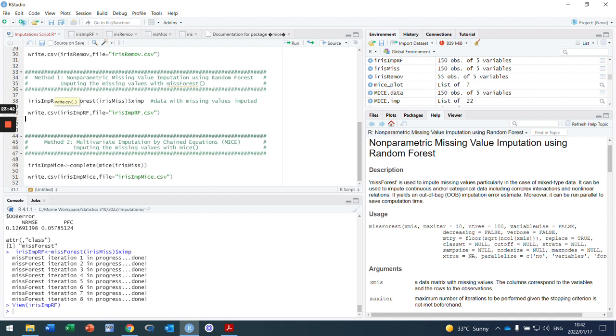Again, since we've now imputed the missing values, we may want to save this file. All the files that we have been creating, we can save by using write.csv. So it's important to keep track of all these functions. If you create a new data set, like we're doing over here, you may want to store all of them